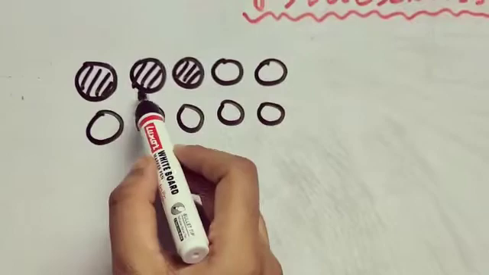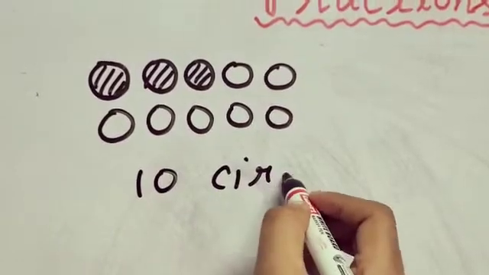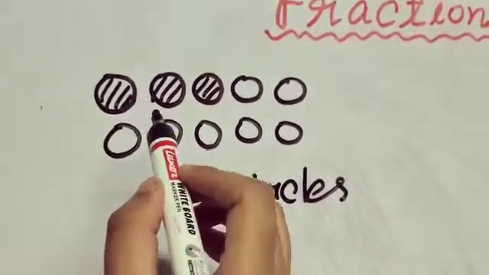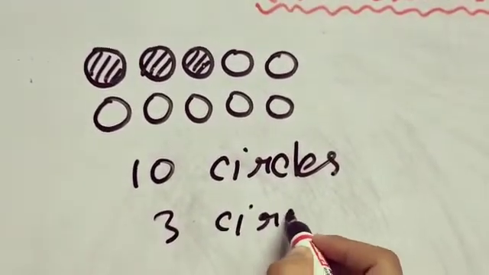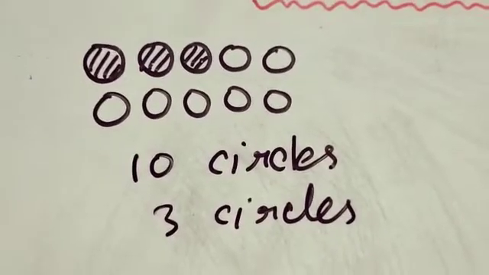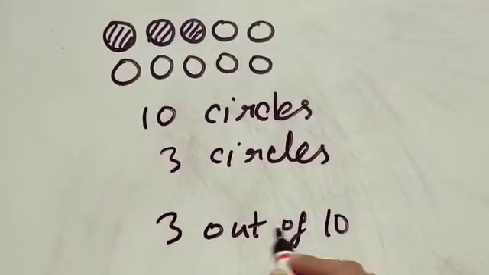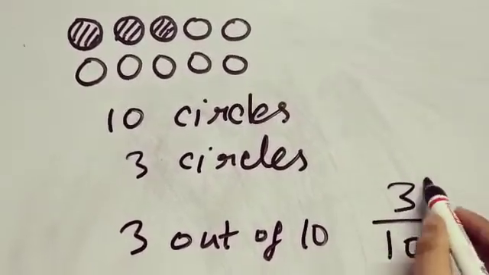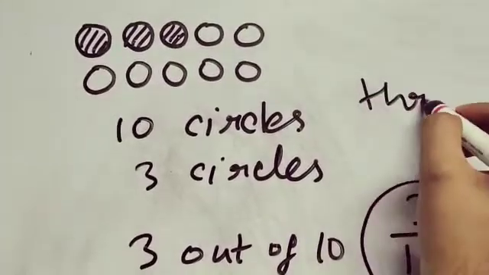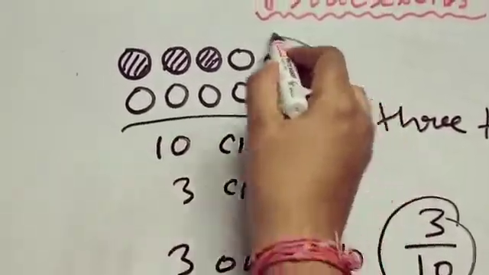Now I am showing you some diagrams. Look at the board. There are 1, 2, 3, 4, 5, 6, 7, 8, 9, 10. That means there are 10 circles here. Right? But look very carefully. Only this 1, 2, 3. That means these 3 circles are shaded. So we can say 3 out of 10 circles are shaded. This is written like this, 3 by 10. Right? So 3 by 10 is a fraction. We will say it 3/10. So 3/10 is the fraction we have generated from this diagram.